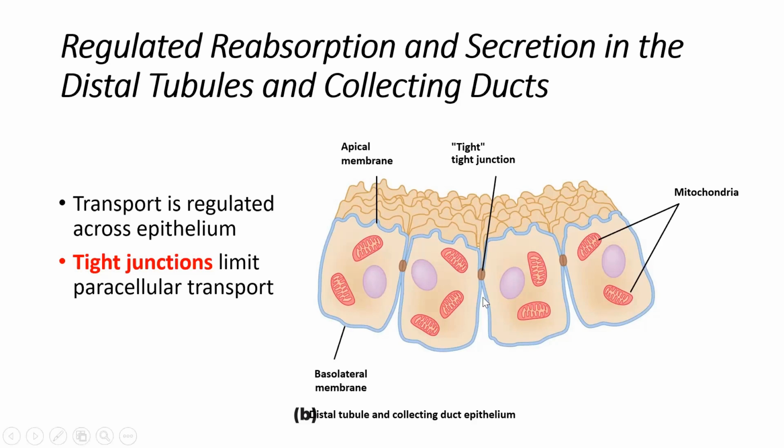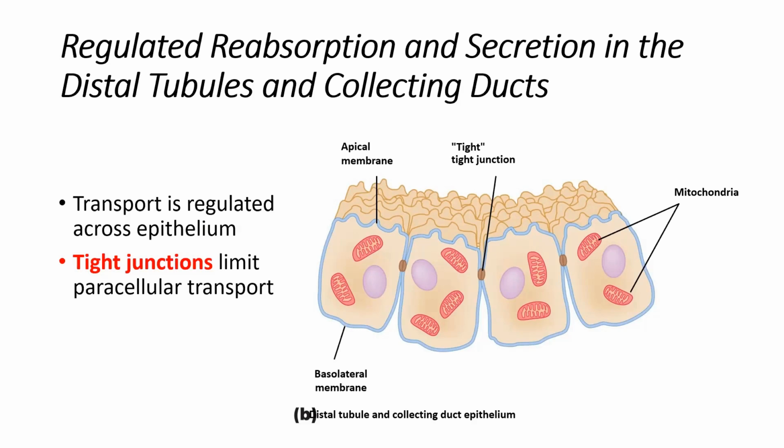There's no opportunity for paracellular transport, no opportunity for substances or molecules to move in between the sides of these cells. And so these are adaptations that are telling us that there's a very tight regulation of reabsorption here. So things are not moving freely the way they are in the proximal parts of the tubule, but there's very tight regulation here. We're also going to see that the cells here have specific channels on them to facilitate reabsorption. They also have specific receptor sites to bind some of the hormones that are going to be helping to regulate